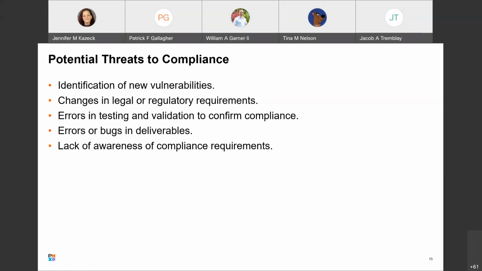There are many potential threats, and they include identification of new vulnerabilities, changes in legal or regulatory requirements, errors in testing and validation to confirm compliance, errors or bugs in deliverables, lack of awareness of compliance requirements.